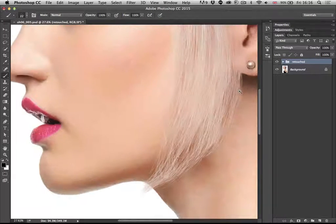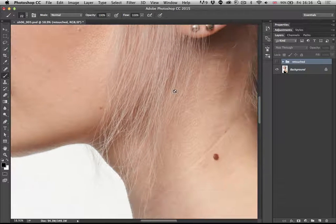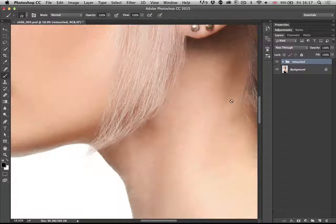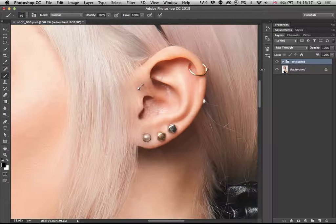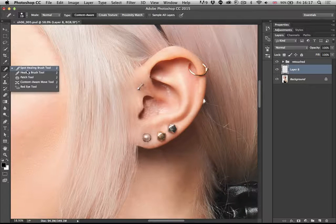And then once again, so you can see now that this needed tidying up, and then I used brushes to create that shape that I needed. Of course, that needed tidying up as well. Now, for tidying up, the great news is that in CC 2015, they finally managed to create for the healing